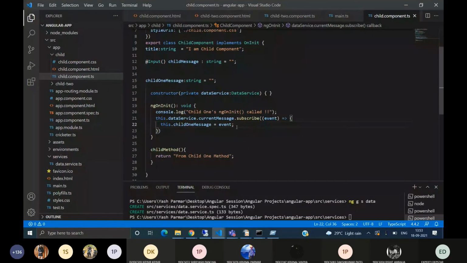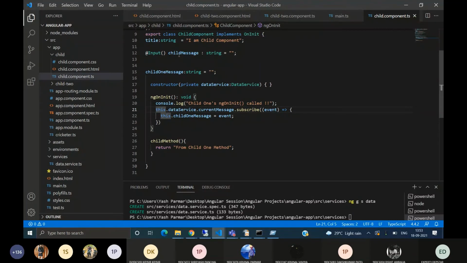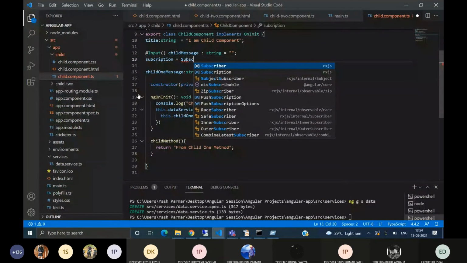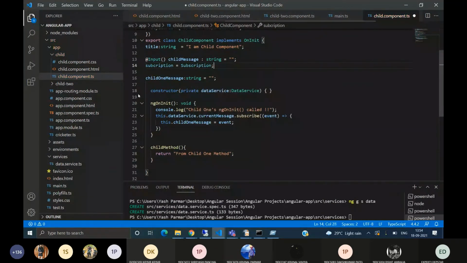Okay, now as this is an observable, it is suggested to end this subscription in ngOnDestroy. For that, we have to create a subscription object, and